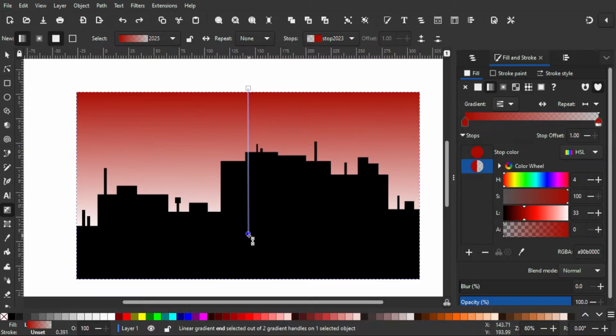And for the color, I'm gonna make an adjustment too, because it is a transparent color. I don't want it to be transparent, so I'm gonna make a little adjustment right here.